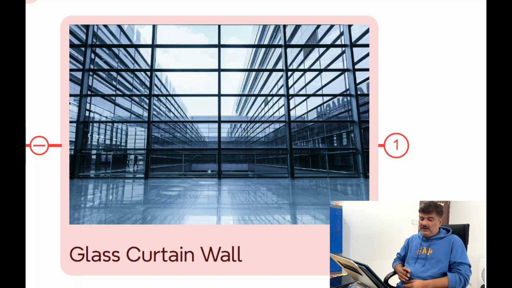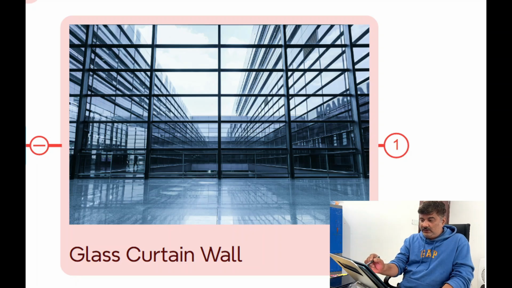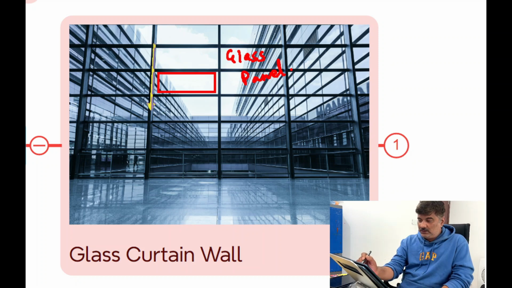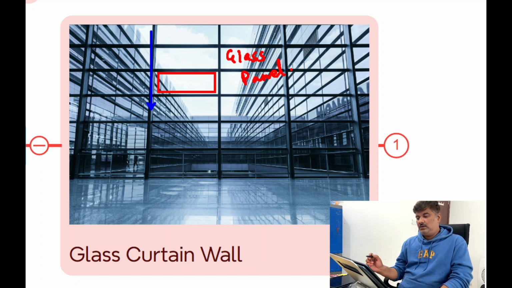So before we go ahead, let's first sketch a curtain wall. Here, just to make a distinction, I'll use a red color. If you see this wall, this portion here, this is the glass panel. Material is glass, but this is called a panel. And the blue one, these are the vertical